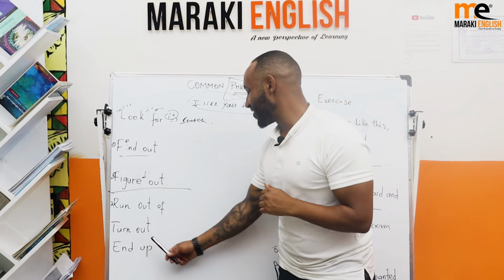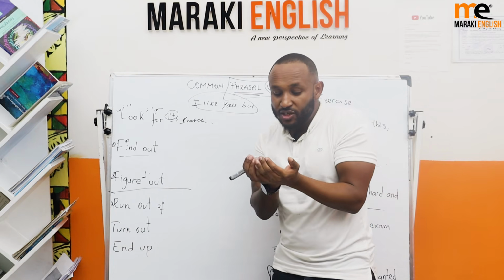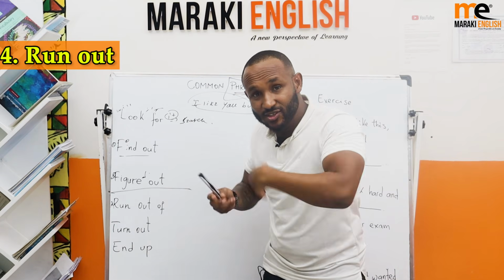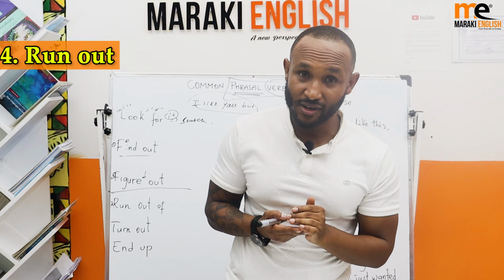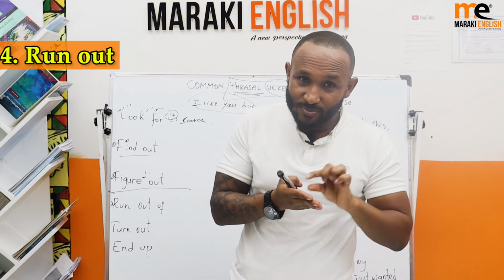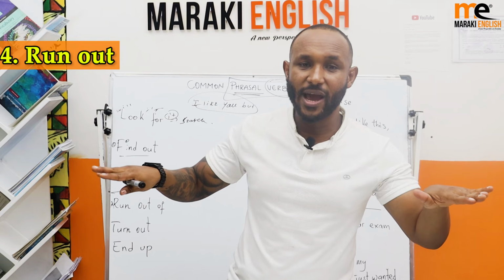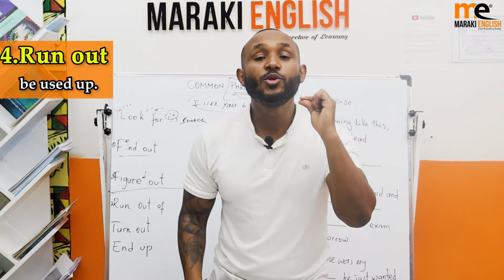Let's see with this phrasal verb. This one says ran out of. If you ran out of something, there is something you don't want to end, to finish, but somehow it's gone, you know? Like, for example, money. You want your money to stay with you for long, but you start spending it, and finally, you ran out. So to run out is to finish something you don't want to end.